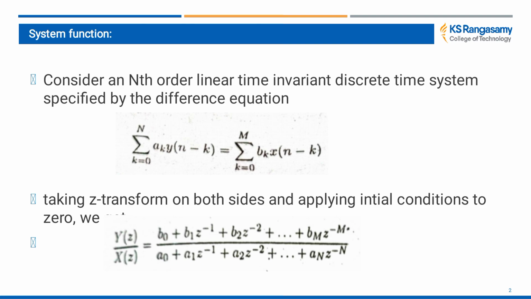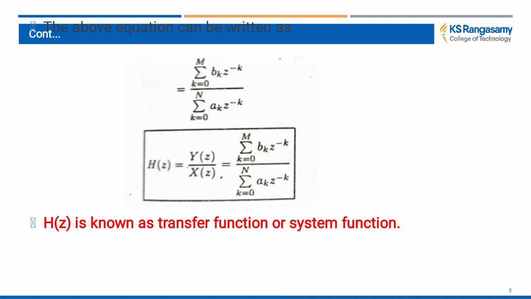So here on cross multiplying, Y of z into a0 plus a1 z inverse plus a2 z power minus 2 plus aN into z power minus N, similarly X of z multiplied by the b0 coefficients. So on rewriting for the transfer function Y of z divided by X of z, we have obtained the b0 divided by a0 terms. So with this we are moving to the simplifications, and this is how we have obtained a transfer function or the system function of the